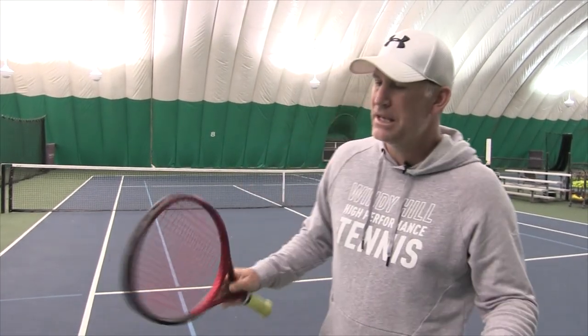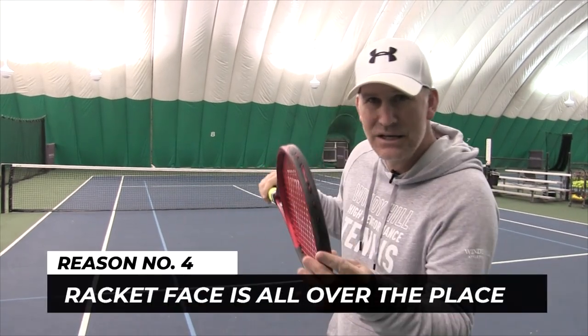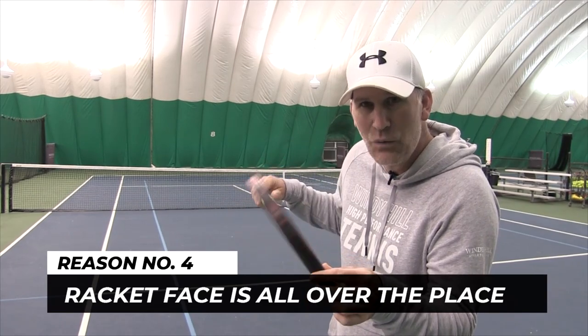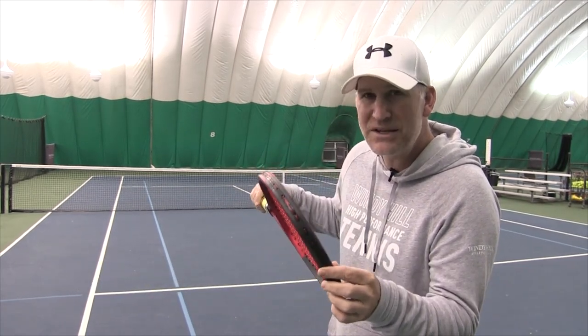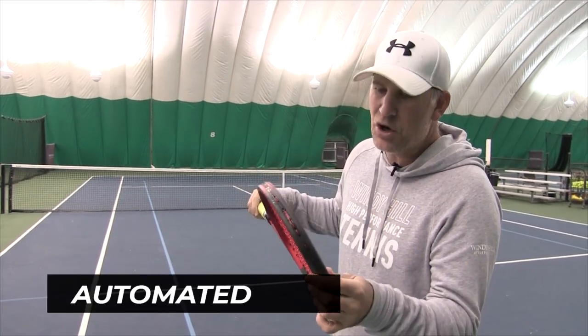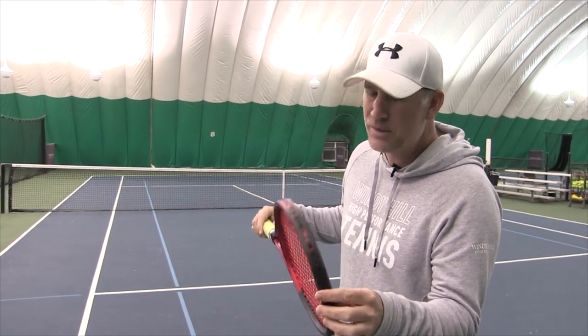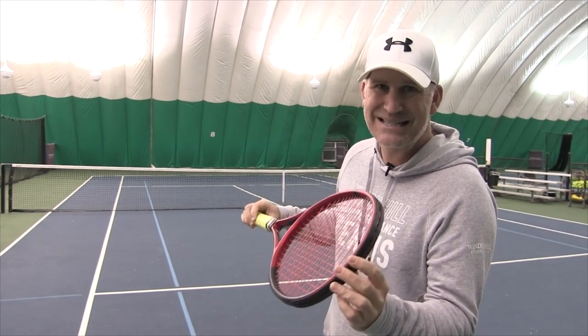Okay, reason number 4 why your forehand is not improving is your racket face is all over the place. You don't have good racket head awareness. And again, we want to develop this where it's automated. So if you're making a lot of adjustments to hit the ball, then you're going to have a very inconsistent